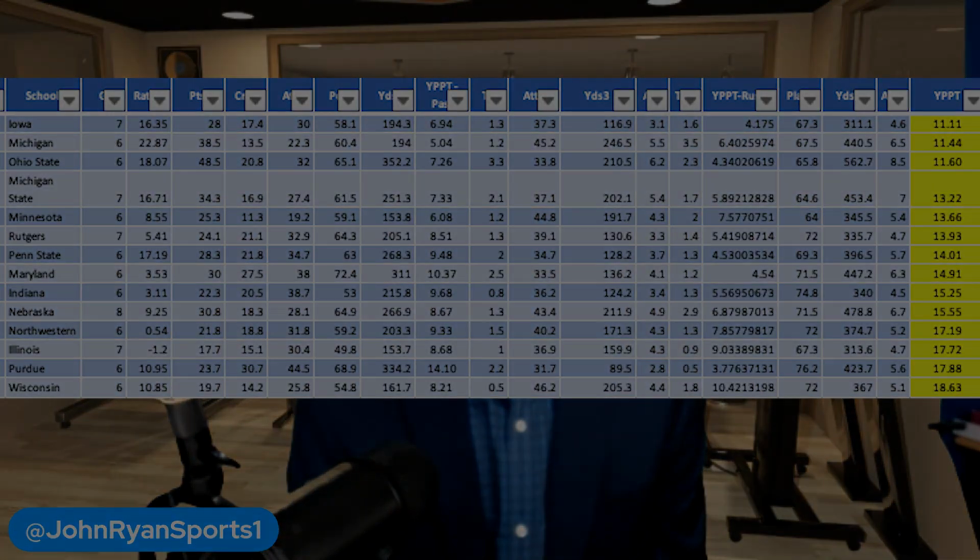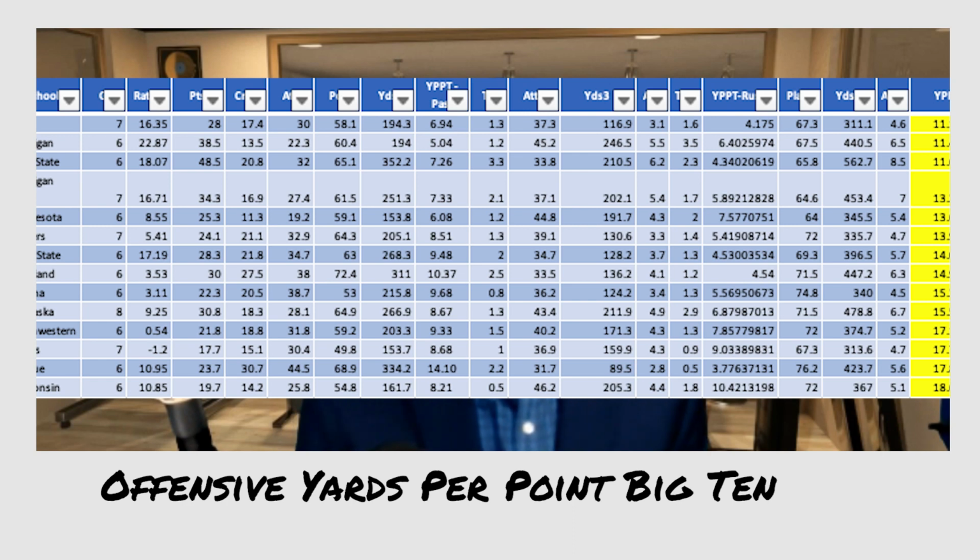You can see that Wisconsin is dead last, and they are polar opposite to Iowa in many ways. The most glaring example is that Iowa, prior to the Penn State game, averaged their starting drive on the opponent's 39-yard line, and that was through five games. So how do you compare that against Wisconsin, who against Penn State in game one of the Big Ten conference drove the ball, and then turned it over in the red zone, threw an interception in the end zone,